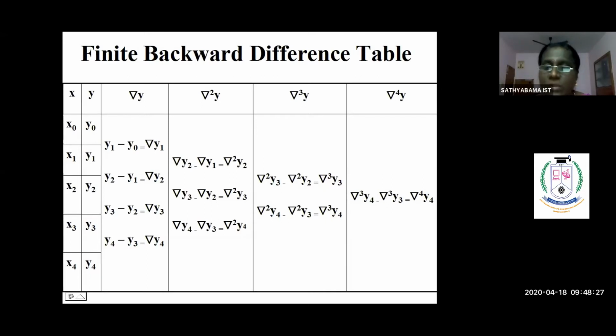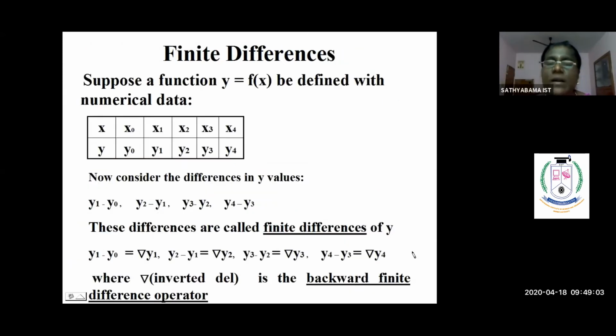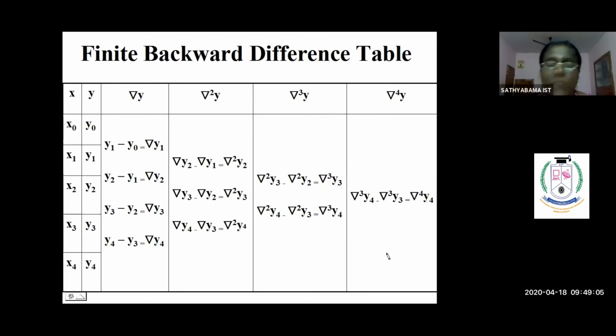Now I'll tell you a logic again here. What is the logic? Here, in this one, we can easily see in each column, the entry which is maintained till the end. You see, the last y value of the data set is maintained till the end of the table. In a similar way, you can see in the forward difference table also. The first initial y value is maintained till the end. So this is a logic you should understand while constructing the forward and backward difference tables. Now we'll go for a problem.